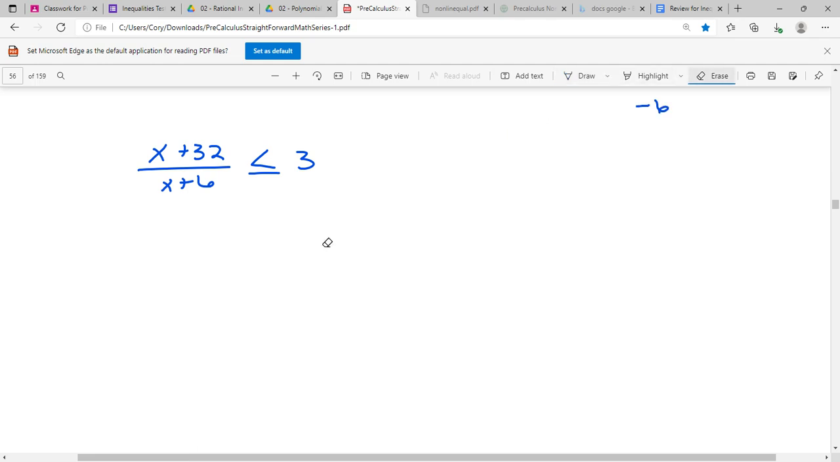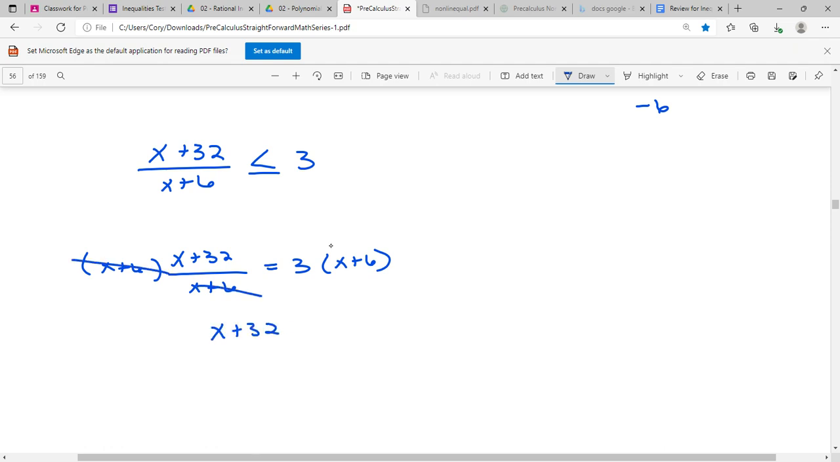Now I'm going to take that inequality sign and make it an equal sign, so I'm going to say x plus 32 over x plus 6 equals 3. To get rid of this x plus 6 on the bottom, I can multiply this side times x plus 6, and I can multiply this side times x plus 6. These are going to cancel. I'm going to get x plus 32 equals 3 times x would be 3x, and then 3 times 6 would be 18. Now I'm going to put my x's together,